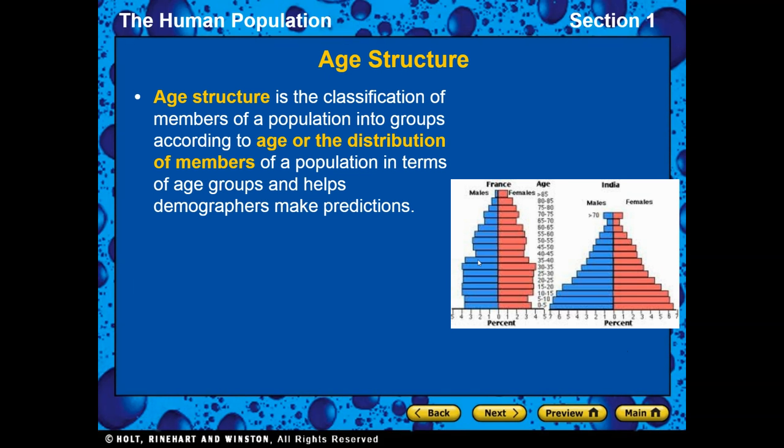Looking at these graphs, they look like really weird shapes, but they make sense. We always compare our males to our females. It's generally going to be about 50-50 on average, but depending on the age structures, the higher up you get, generally you're going to get some evenness or some differences. With your age structure, it's the classification of the different members of a population into groups based on their ages. It's based on 5-year breaks. So this is the percent